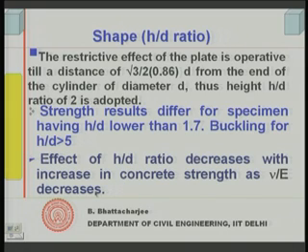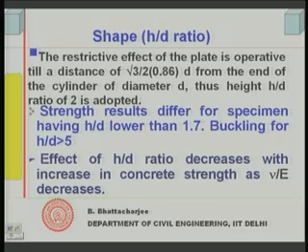This ratio decreases with increase in concrete strength as nu by E decreases. If I have a strong concrete, its nu will be lower and E will be higher. Although nu may not be much lower, E will definitely be higher. So, nu by E decreases, and therefore the apparent strength would be higher, as we have seen. This effect also tends to nullify somewhat, because the Platen and the concrete have properties that are nearly becoming similar. Okay, we shall see this effect.